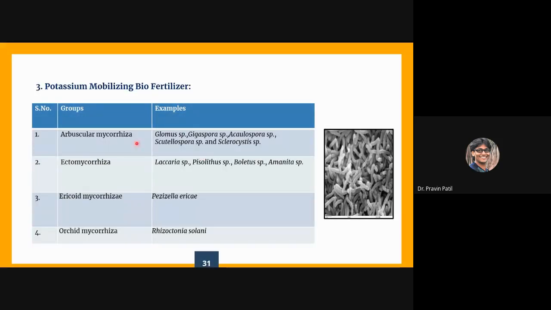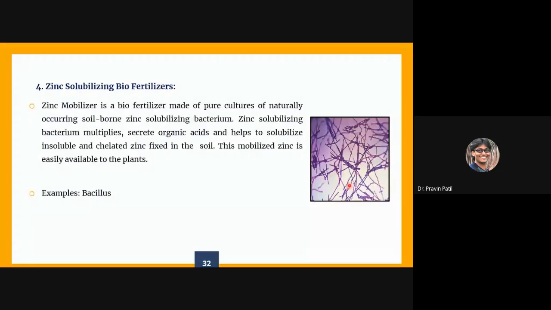Again, these are the specific examples of potassium mobilizing biofertilizers. This is the scanning electron microscopic image of these biofertilizers. So Bacillus species is commonly used as a zinc solubilizing agent, where zinc mobilizer, the pure culture can be